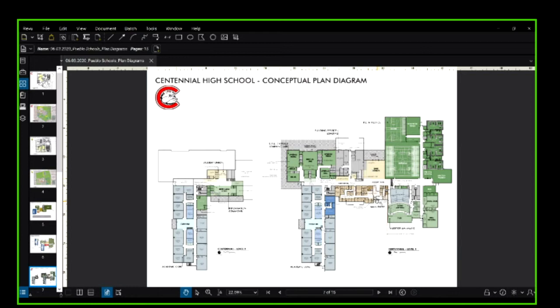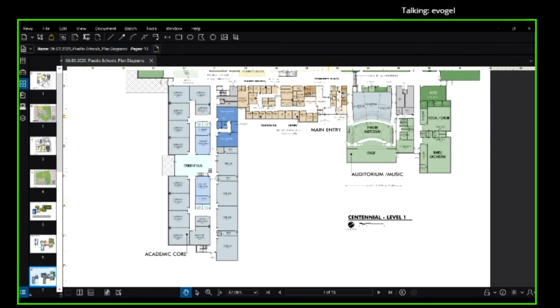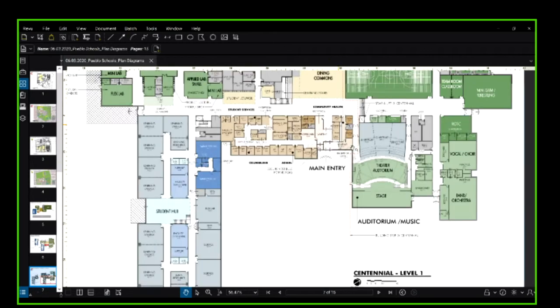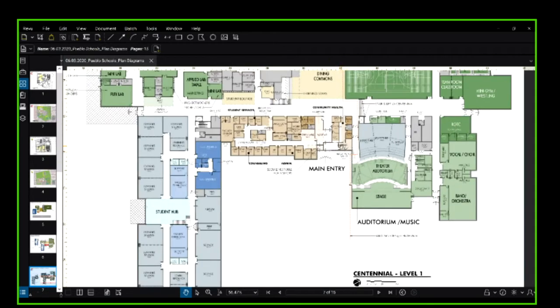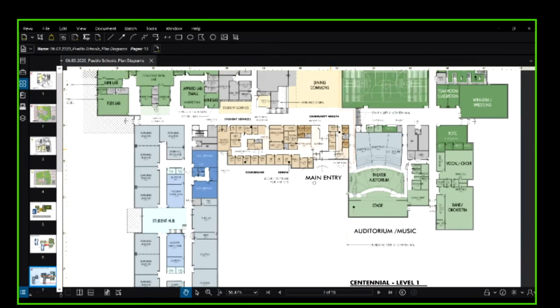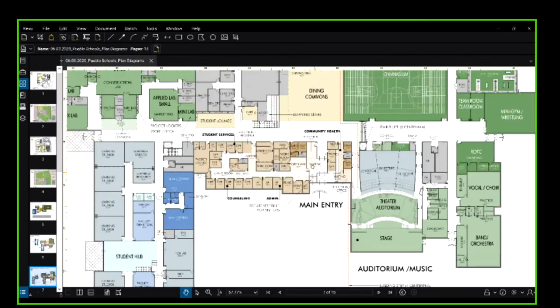Okay, so I'm going to start right at that main entrance. We have our main entry flanked by admin and our community health space. So you'll come into our main entry plaza. If you're going to the community health, you'll have your own little waiting vestibule area right there, so you don't need to go into the school. Security, reception, all eyes on that front door. During off-hours, there will be a secure vestibule for visitors, so they have to be buzzed in.